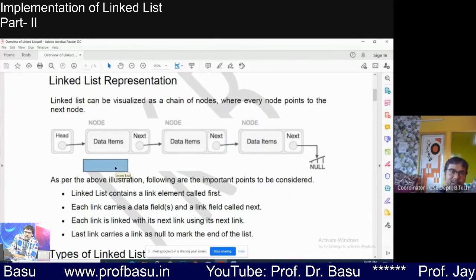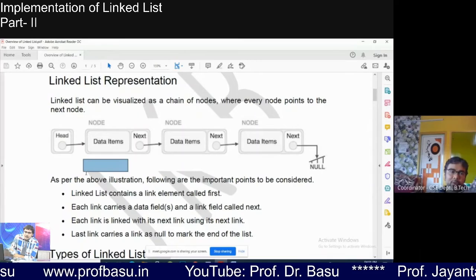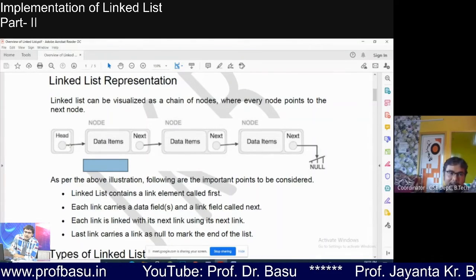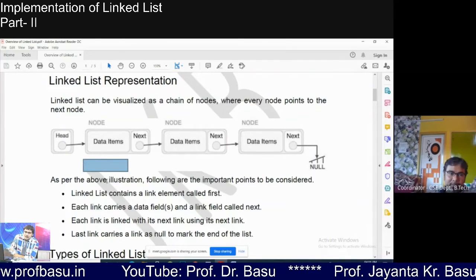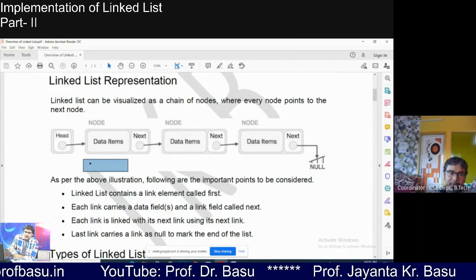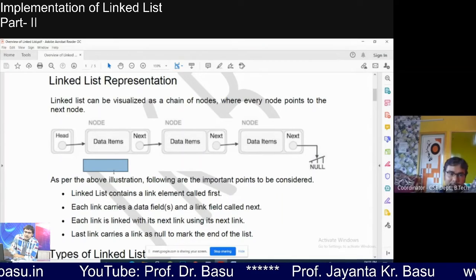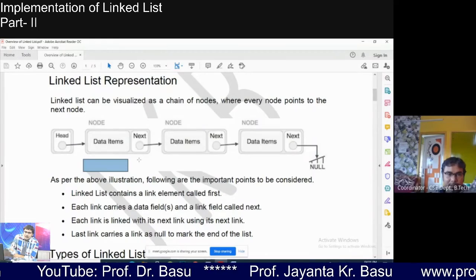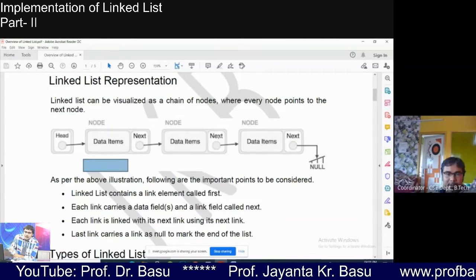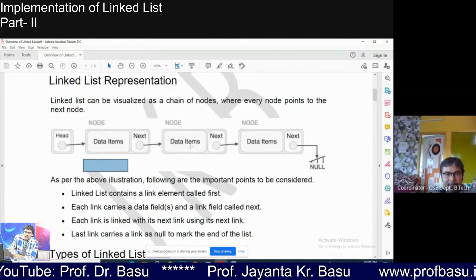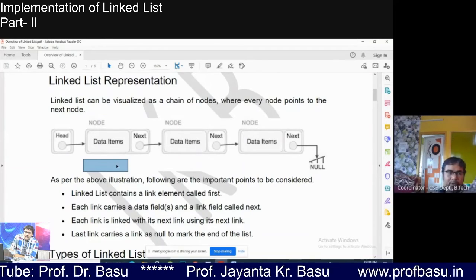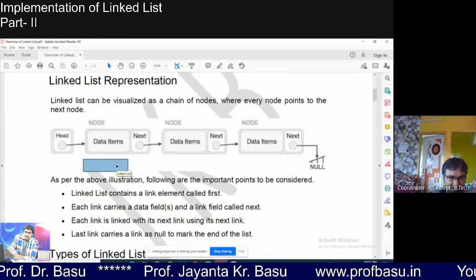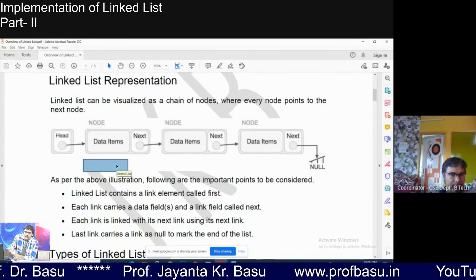Now the next task is that we have to link this temp with the list, add it to the list. We created the node; now we have to add it to the list. For the second node and third node also, we will be doing the same thing. So we have to know whether the node we are going to create is the first node or not.